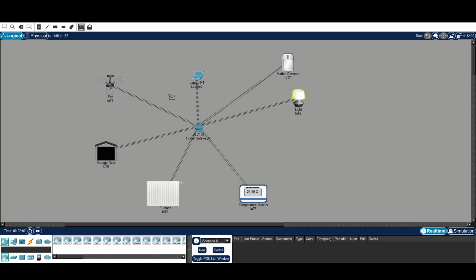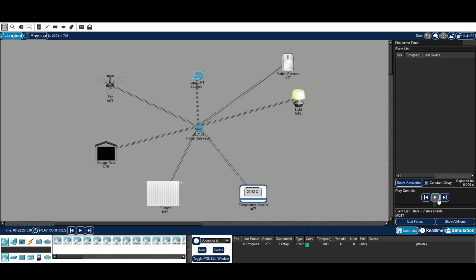So basically, MQTT is working behind the scenes. Here you can see successfully the IoT one has transferred its packet to the laptop, and the laptop has successfully acknowledged that and sent the message back. And it is showing captured to the laptop. Which means that MQTT is working properly, as the laptop was our broker